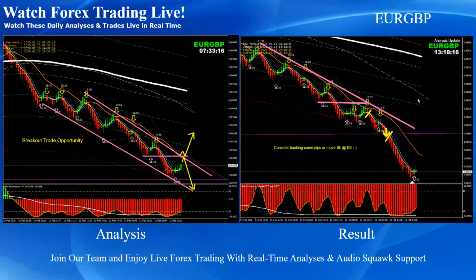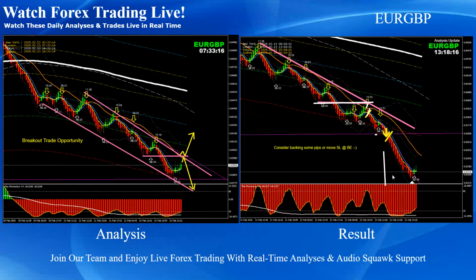Euro pound, pretty straightforward, as mentioned in the analysis. As you can see, price nicely hit the resistance, and we took a short trade and banked some profit. And along the way, as long as price developed pullbacks and broke the previous low, we announced the rest of the trades through live audio